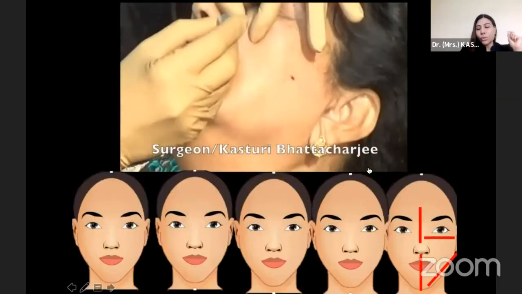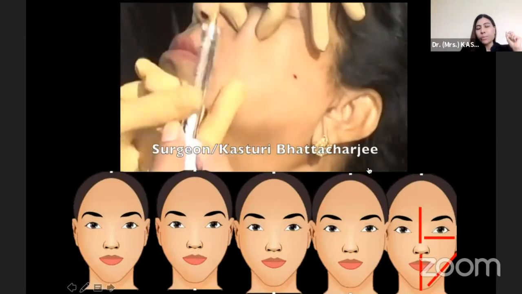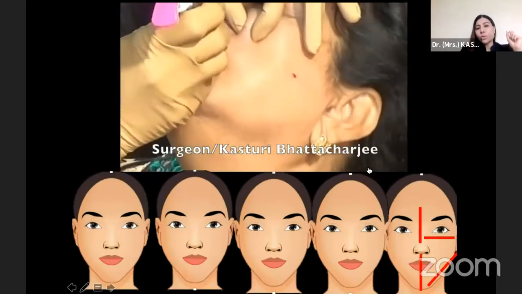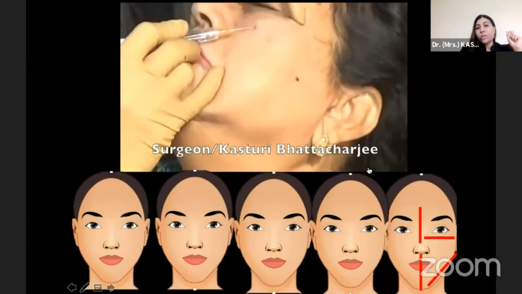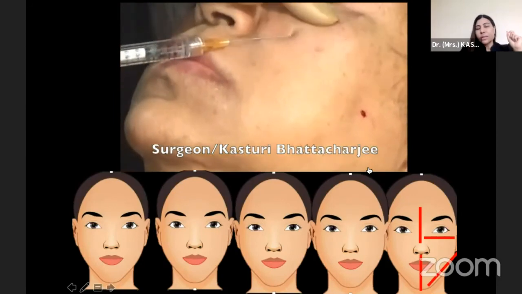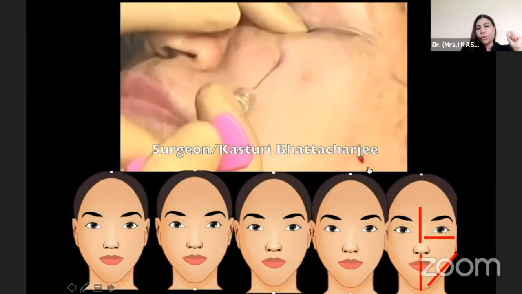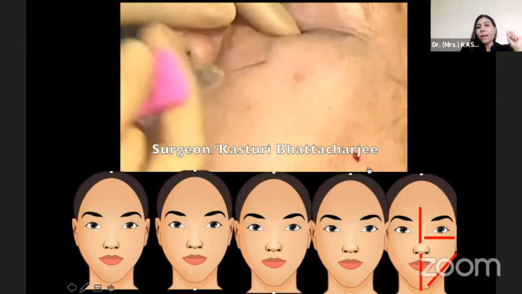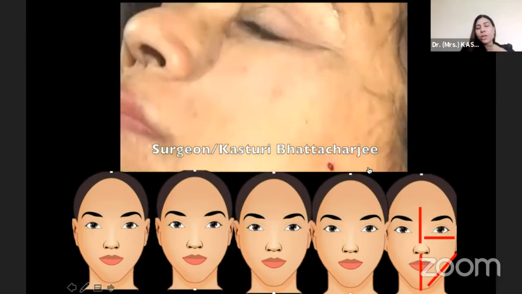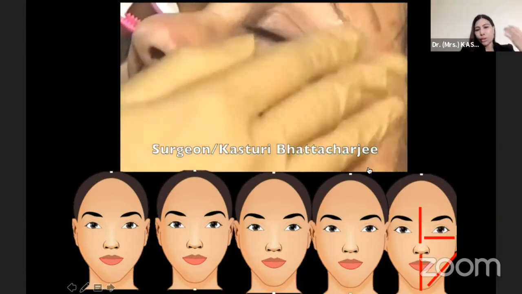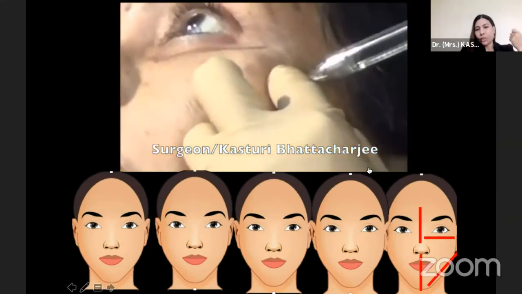And once you want to do chin and jawline slimming, the best way is to go for a full face filler. So this is a full face filler where you can see the CK1, CK2, CK3 points all being done by the cannula. And this can also be done by needle, which I have already explained, depending on which way you feel it is much easier.